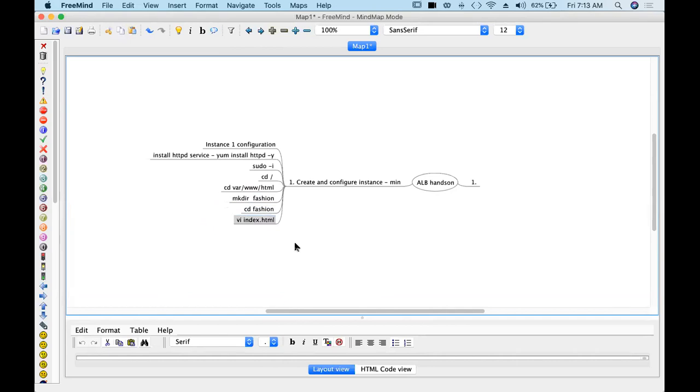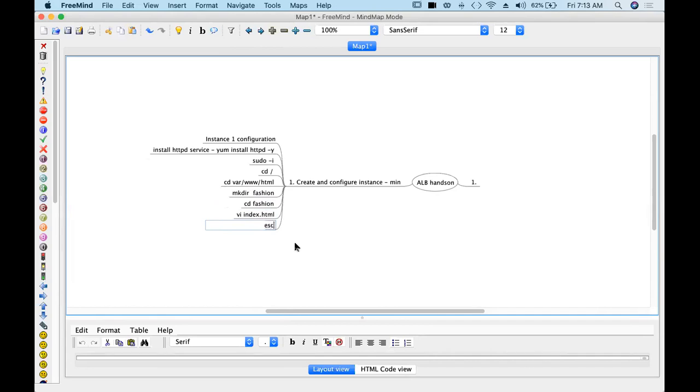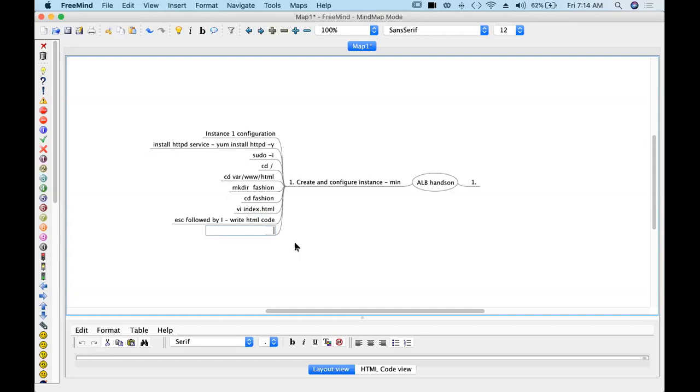And how to save it? First you have to say escape, right? Escape and edit it. Escape, insert, edit it, write your HTML code, and then escape, write HTML code, then again escape followed by :wq!